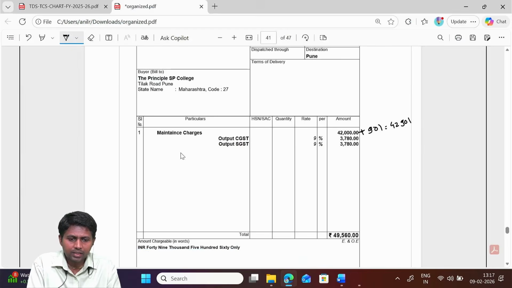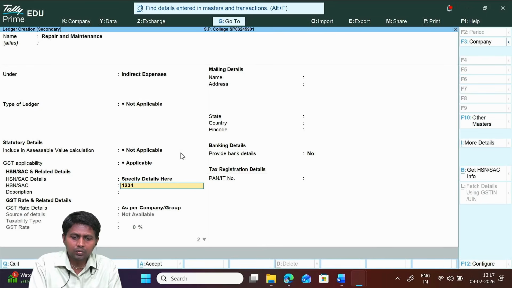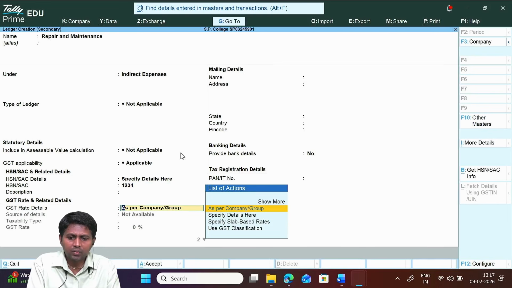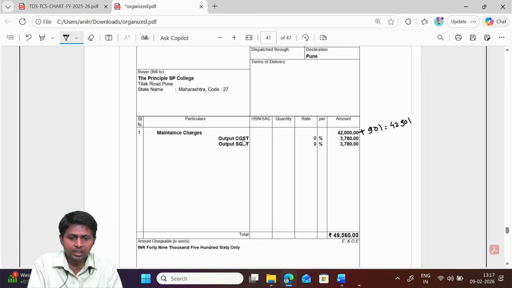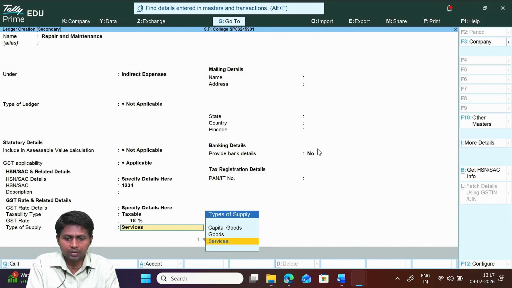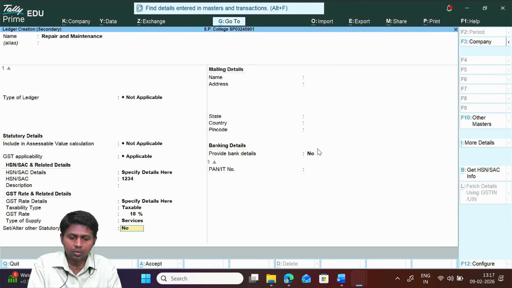Description here you can write maintenance services, or no need actually, and then this is specified, this is important, taxable, and then they are asking GST rate, not CGST, SGST. CGST and SGST, these two are components, therefore together the rate is 18%, say 18%. Services, this is okay. And as I said, while creating ledgers under TDS, you have to say somewhere TDS applicable,